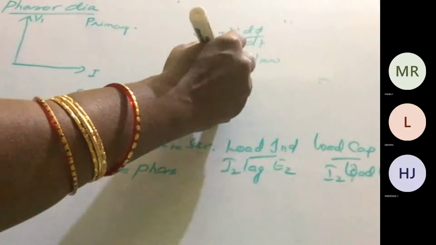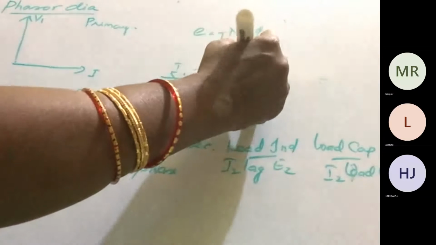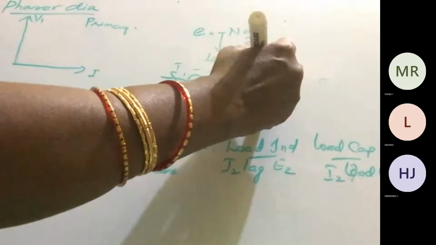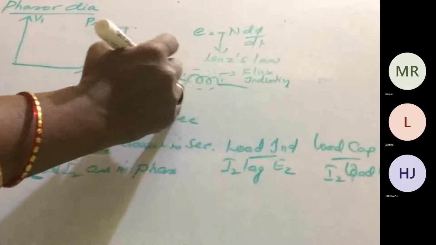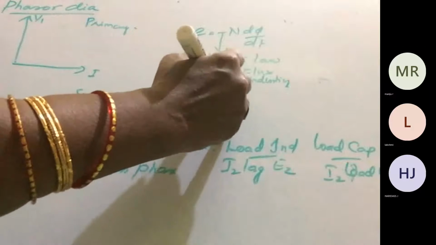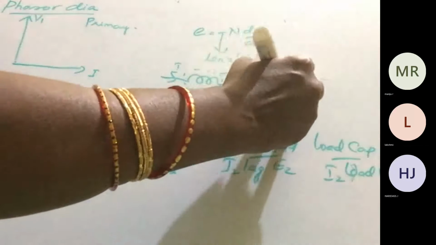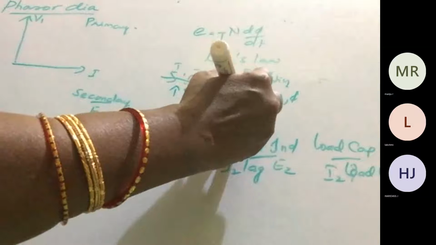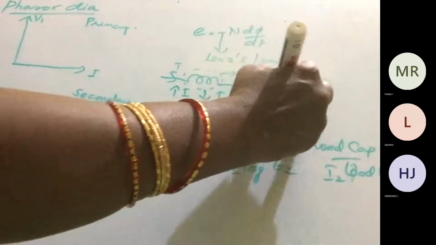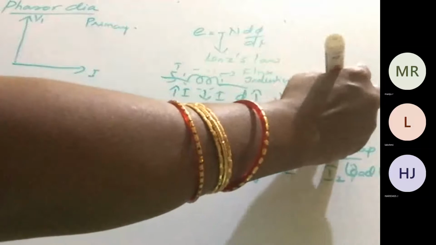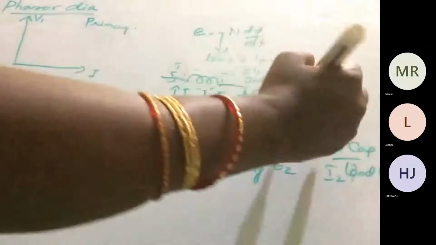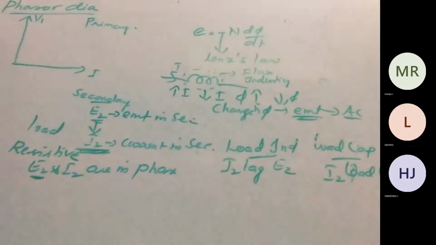You are allowing the current through the coil, so around the coil a magnetic field will be produced. If the magnetic field is there, flux, flux density and intensity, all the magnetic properties are there. Whenever we increase or decrease the current, the flux also increases or decreases. Whenever there is a change in flux, an EMF is induced. This induced EMF is alternating. This EMF opposes the cause of producing it, and the main cause is the supply voltage. So the EMF and the supply voltage will be in opposite directions.